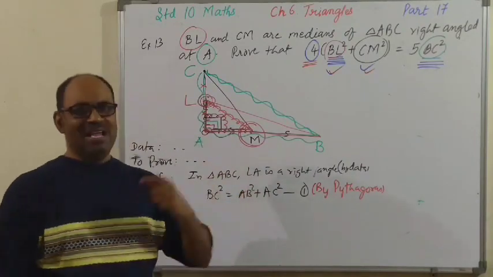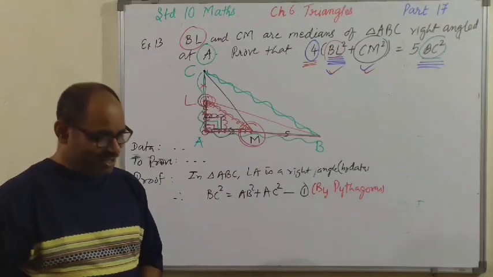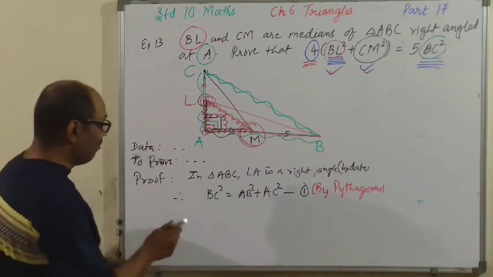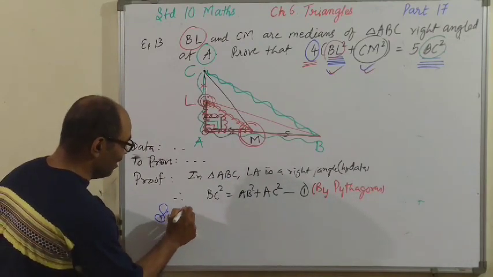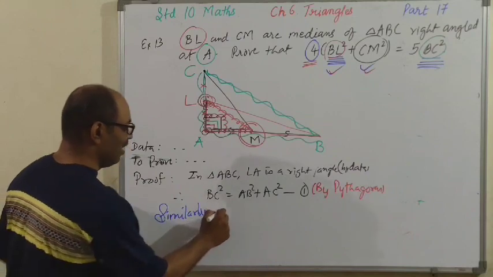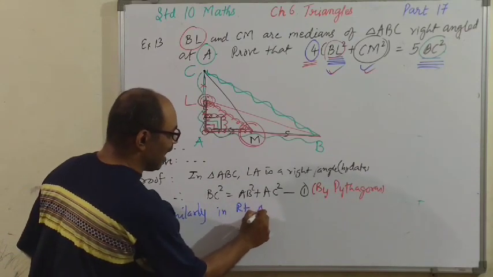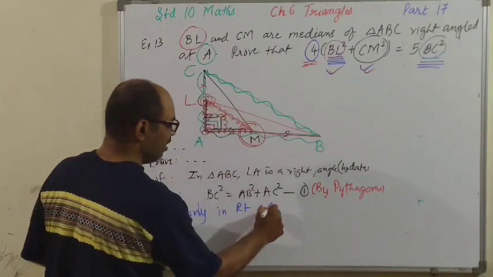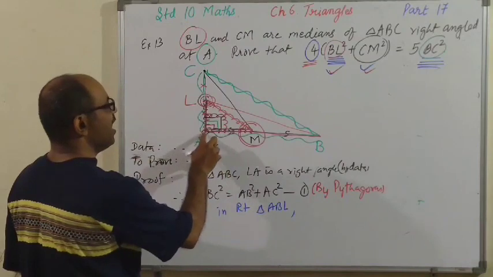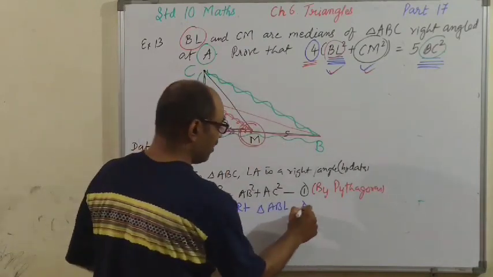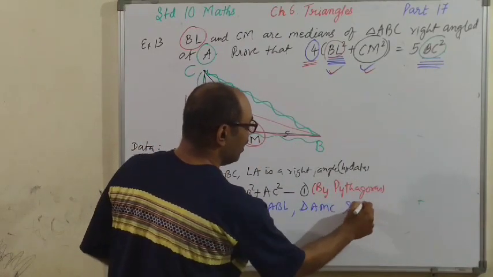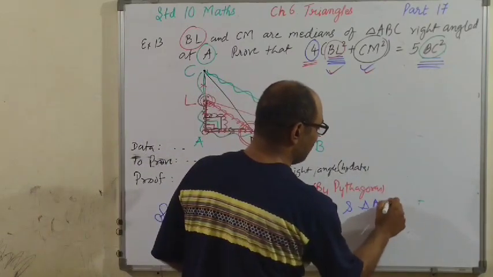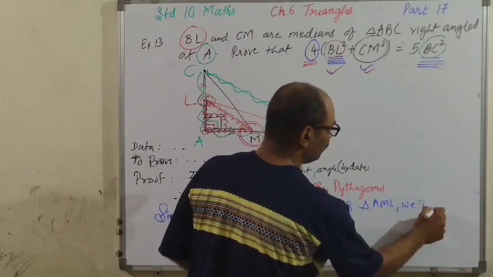And we are going to apply Pythagoras theorem only. So, I'm not going to write every time this. I'm going to use the word similarly. Similarly, in right triangle ABL, triangle AMC, and triangle AML, we have